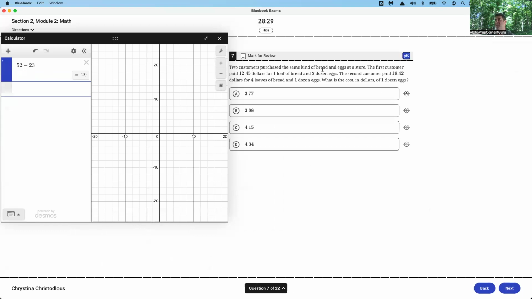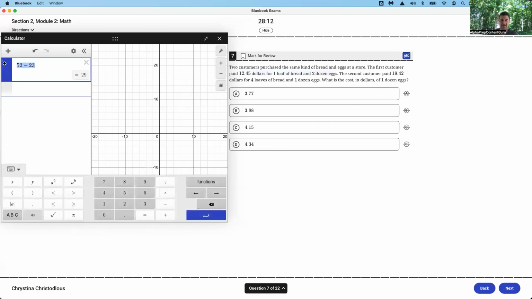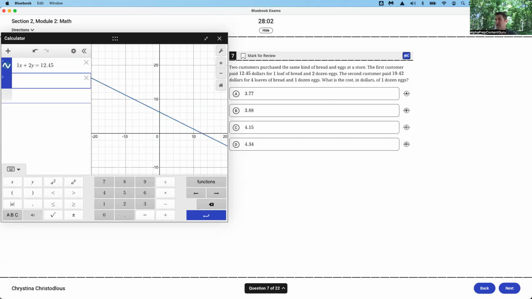2 customers purchased the same kind of bread and eggs at a store. The first customer paid $12.45 for 1 loaf of bread and 2 dozen eggs. Looks like we're going to create a system of equations. The second customer paid $19.42 for 4 loaves of bread and 1 dozen eggs. So watch this. 1 loaf of bread, 2 dozen eggs. I'll go ahead and say a loaf of bread is X and a dozen eggs is Y. And then I'll go ahead and say altogether that costs $12.45. Then we'll say 4 loaves of bread, 4X, and 1 dozen eggs, 1Y. Give us a total of